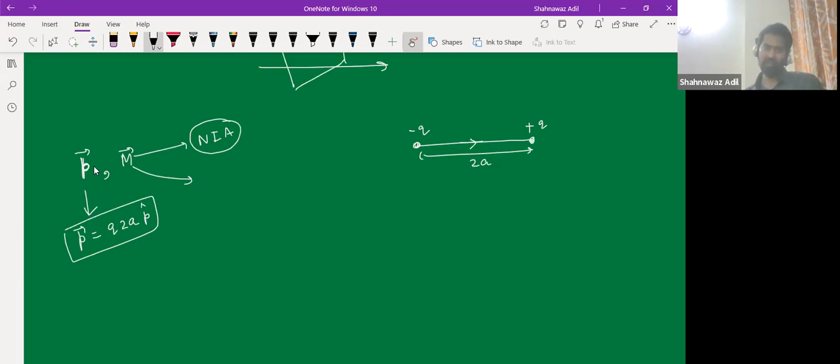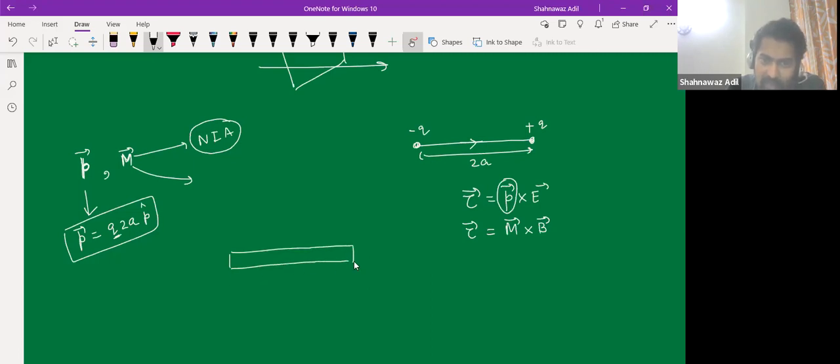Yes, in the magnetic field and electric field, that is very much related, because we have seen that torque is P cross E. And in here we are getting a torque which is M cross B. But this P is 2QA, while this M is NIA. So how is this related with the poles? This is related with the poles by